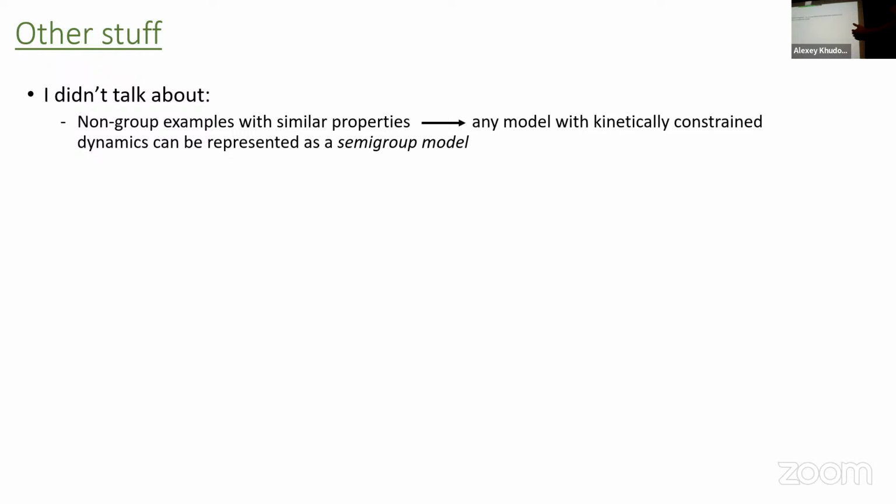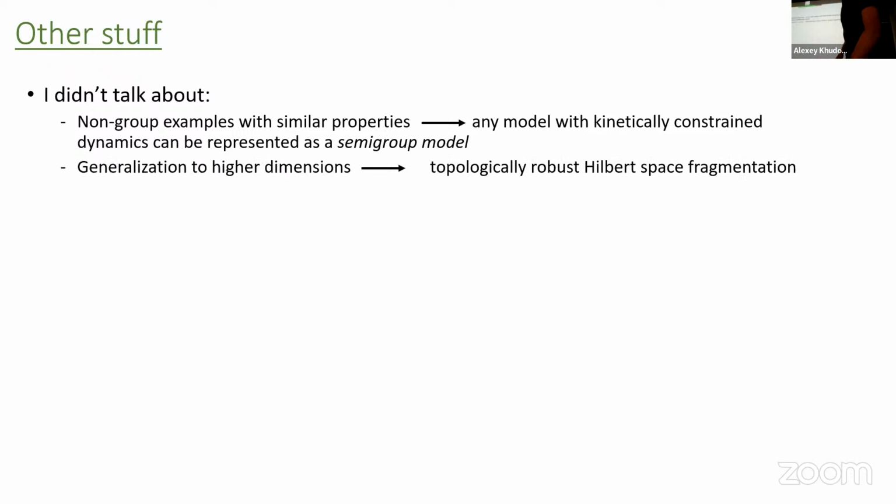In particular, if we relax our condition, instead of groups, we consider semi-groups, then virtually any model with kinetically constrained dynamics can be put in this framework of semi-group models. And then we can also generalize these models to higher dimensions. And in this way, we can actually construct a fairly generic class of models with Hilbert space fragmentation that's topologically